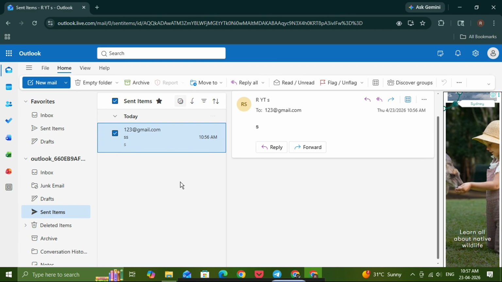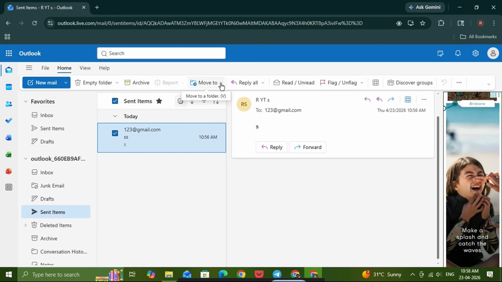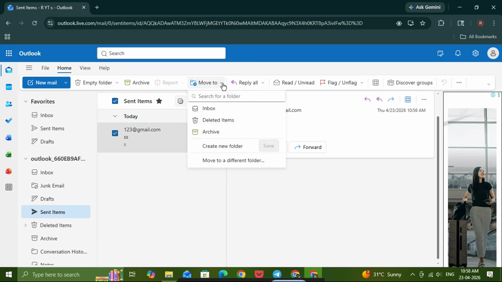Once an email is selected, look along the top menu for the Move to Folder option. Click the Move to Folder drop-down button. This will open a menu showing your existing folders and additional options. If you already have folders, you'll see them listed here. But since we want to create a brand new one, look for the option that says Create New Folder and